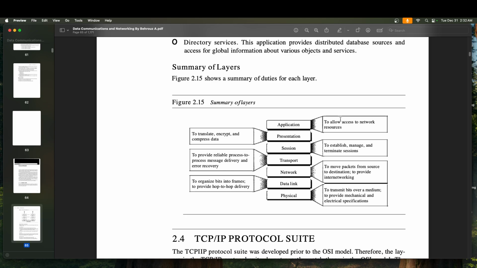So we organize data into frames and do hop to hop delivery. We put certain bits or patterns in for error checking. At the receiver side, we check whether the transmitter followed the proper sequence, whether there is an error or not. Now the network layer at the sender level is responsible for